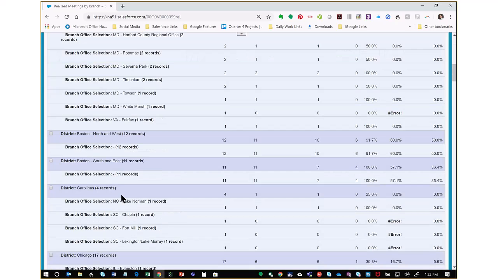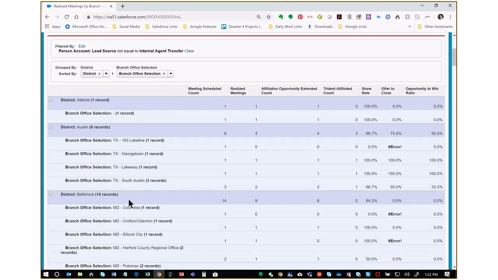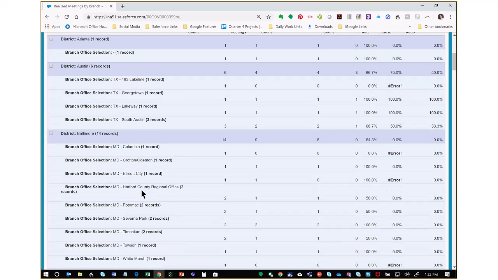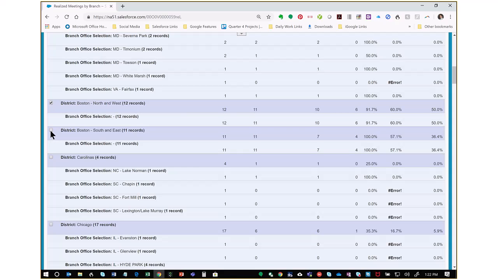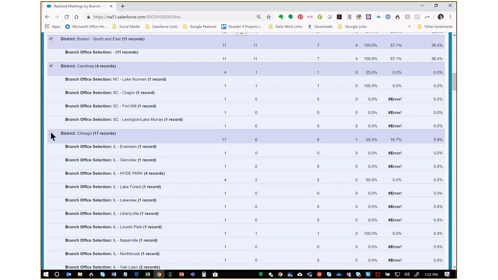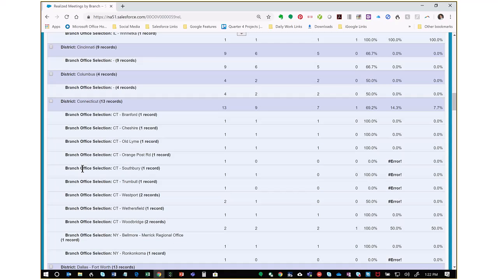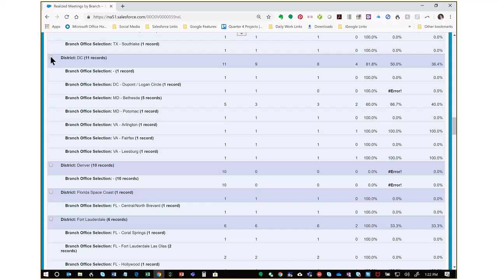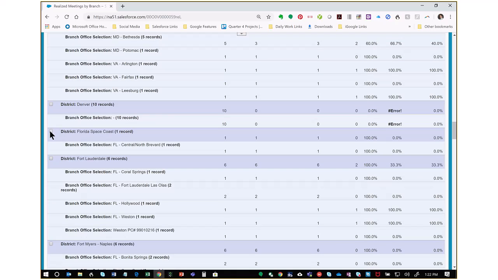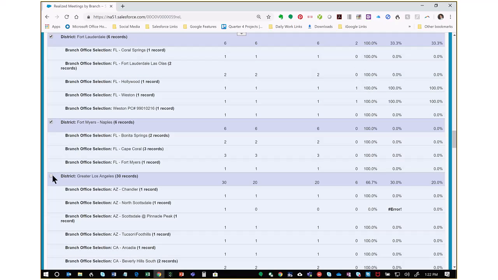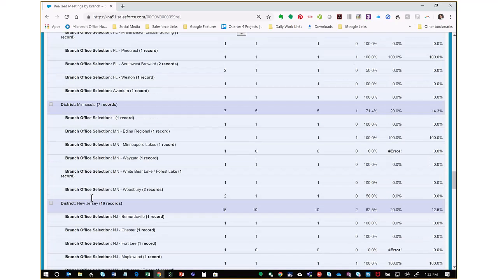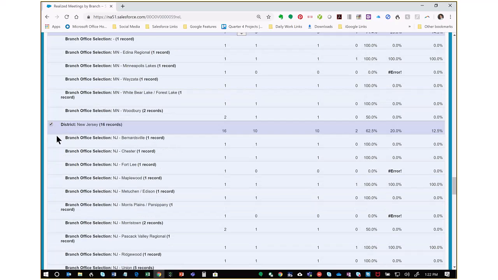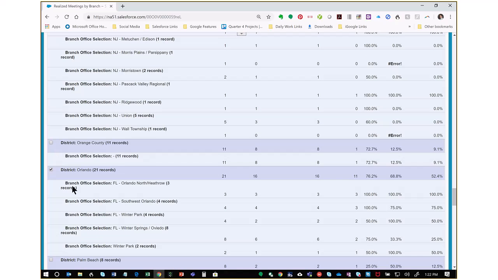What I would suggest that you do before you download this is to select whichever districts are in your region or in your purview. If I wanted to select just a few, I'm just going to select a few here, and we'll go down the list and just do all the stuff on the East Coast. There's this, and then some Florida companies here. I'm not going to do all of them, obviously, because I'm just trying to make a report for you all so you get the idea. I don't necessarily need to have all of them in there, but these are most of the East Coast